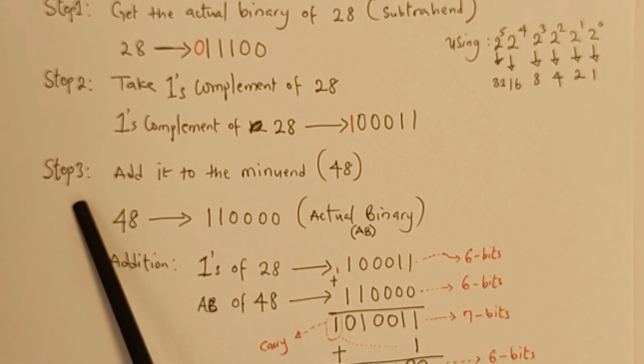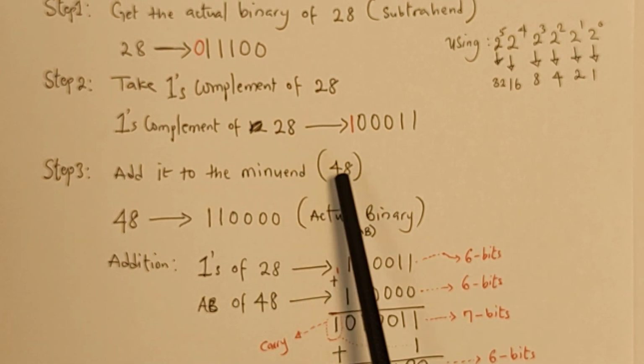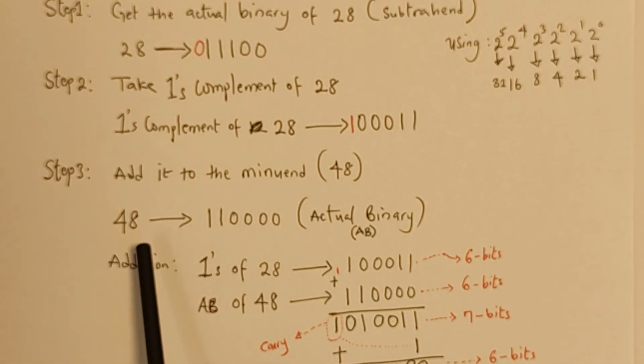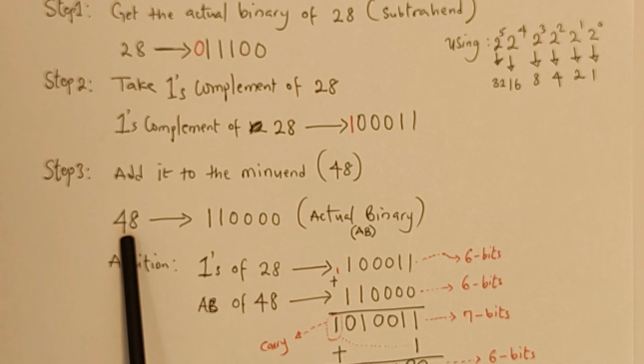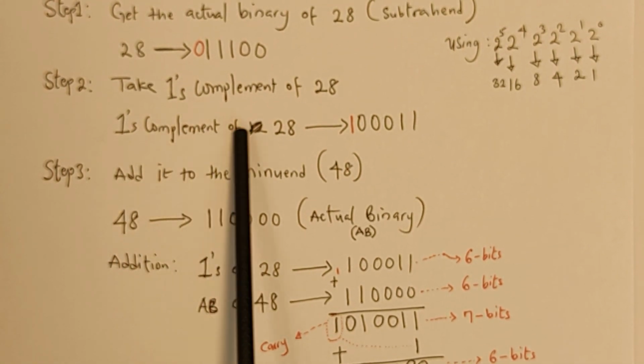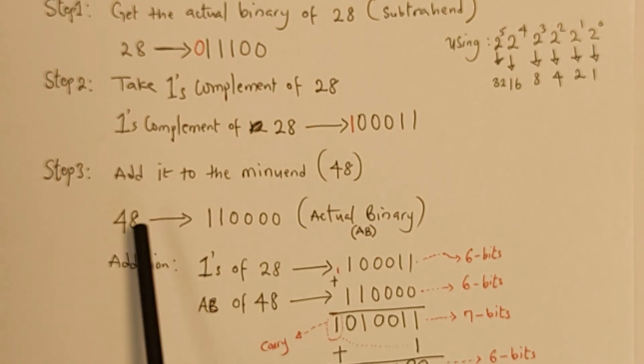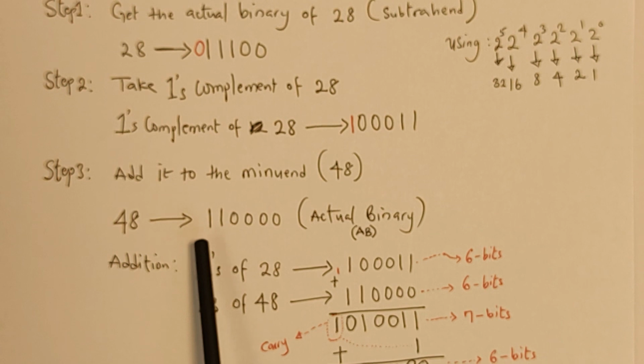All right, so step 3 says add the result, the 1's complement of 28, to the minuend, which is 48. Like I said, let's get the actual binary of 48. Now let's get the actual binary of 48. It's going to be